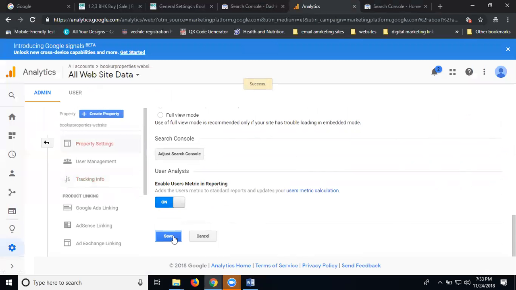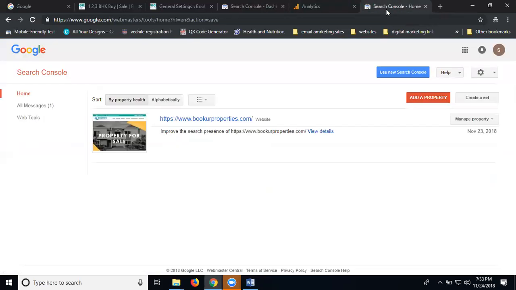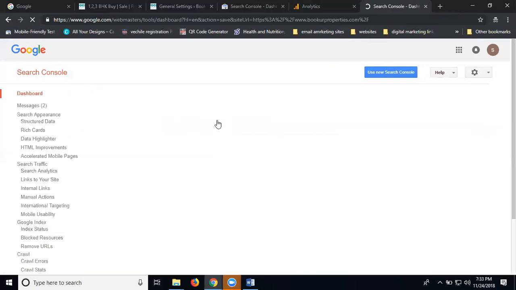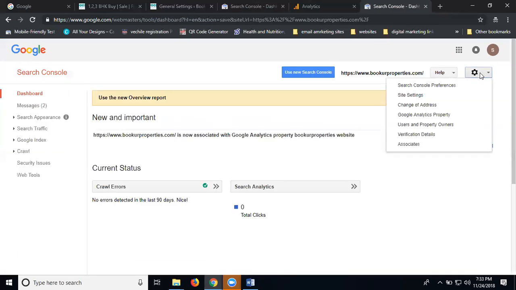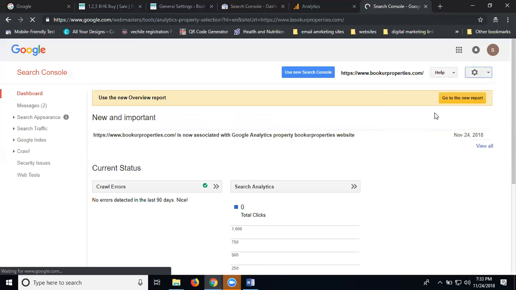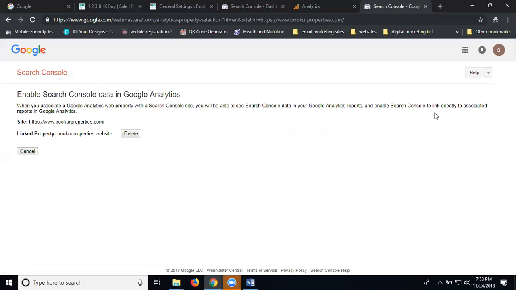Now, is it active or not? Will the link be accepted or not? How to check? Simple. Go to your Webmaster Tool. Click your properties. Use Google Analytics properties. Done. Linking your property.